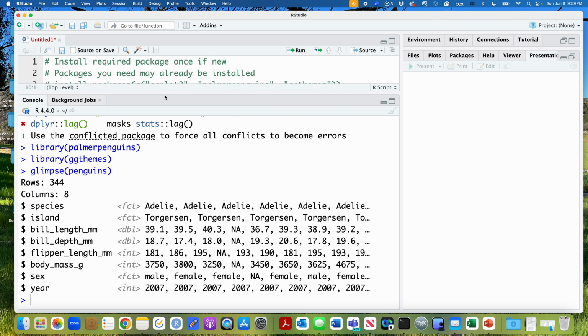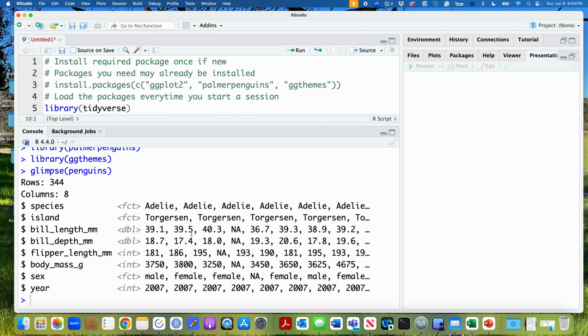you will notice this is very similar to what we were doing with str, right? It's sort of giving you this in a different format. Here it is actually specifying the number of rows and the number of columns, and it is telling you all of the variables that you have in columns, right? So if you have this,